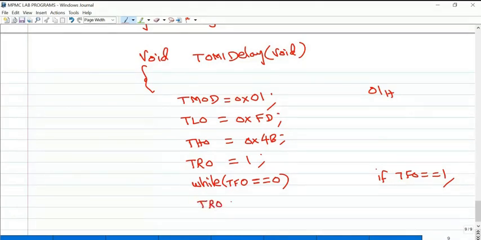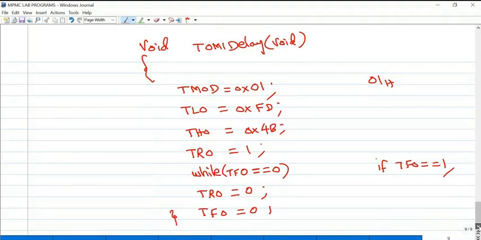So reset your timer 0, then clear your overflow flag. That's it. This is your delay program using C language.